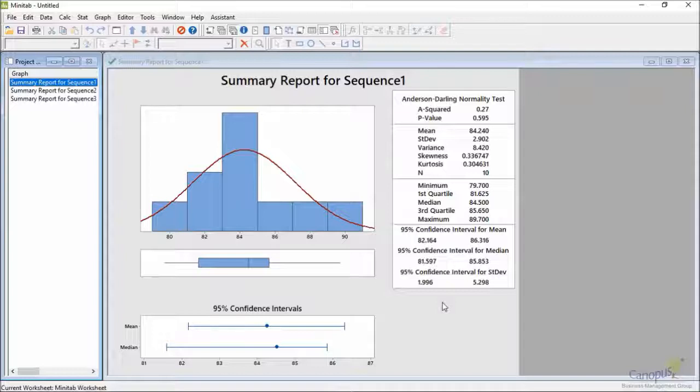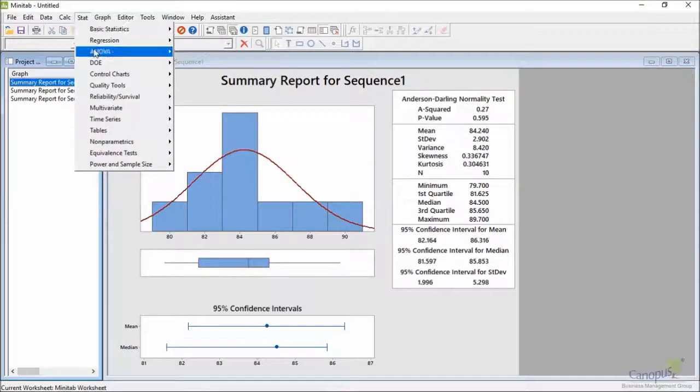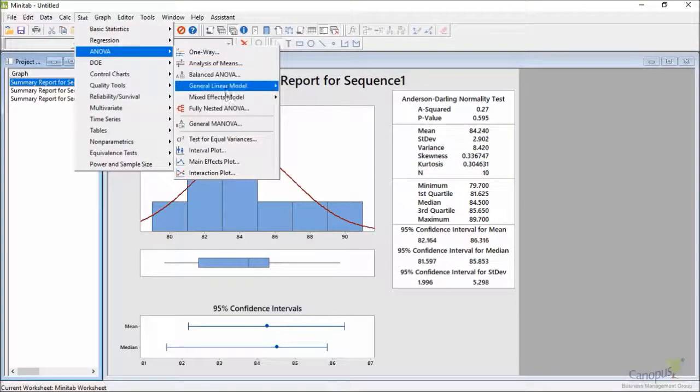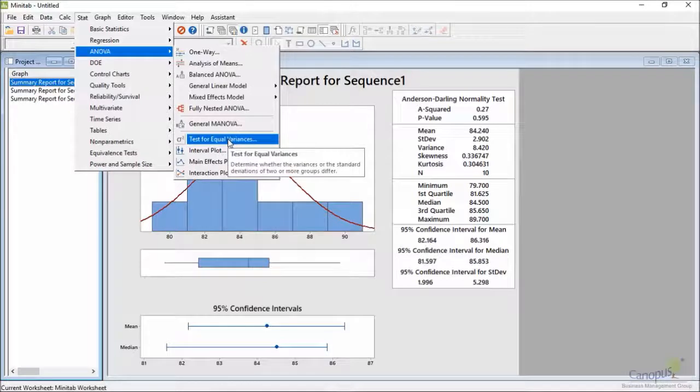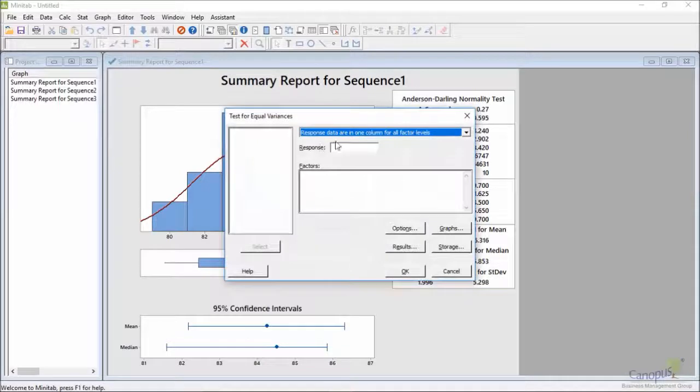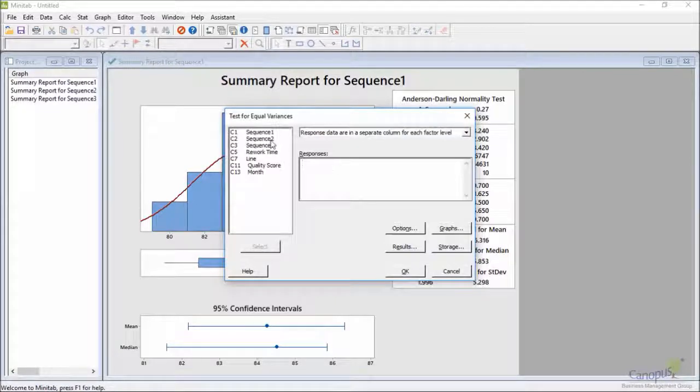Now the other prerequisite that I need to check for is equal variance. So I go to Stat, I go to ANOVA, and right somewhere near the bottom I have a test called Test for Equal Variance. I click on this and it tells me that there are 2 ways in which you can enter the data. One is when you have the data stacked, and the other is when we have the data in different columns. In our case, we have the data in different columns. So I'm going to select the 2nd option and I'm going to click on the 3 columns like I did with graphical summary,